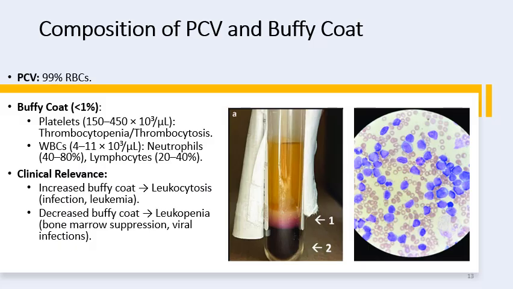The packed cell volume is composed of about 99%, and it is RBCs exclusively. We will discuss it later. But now we will discuss the buffy coat, which is composed of less than 1%. The platelets